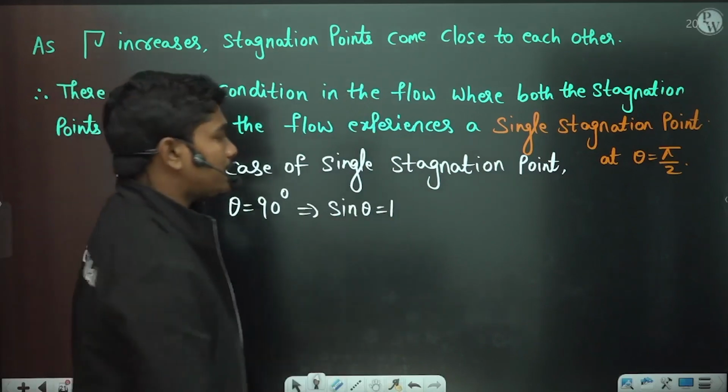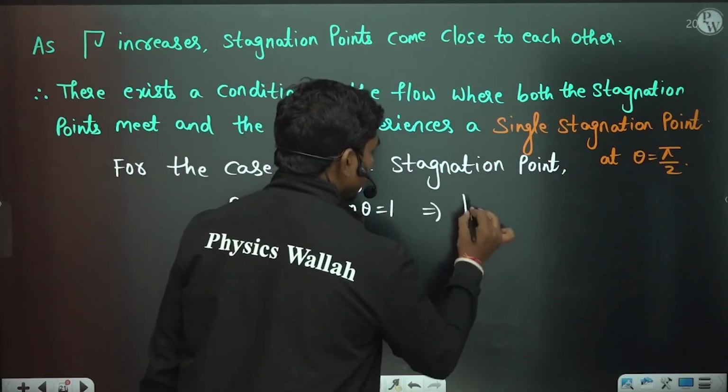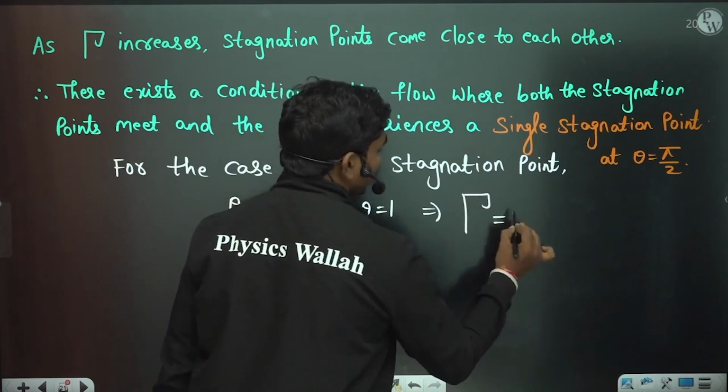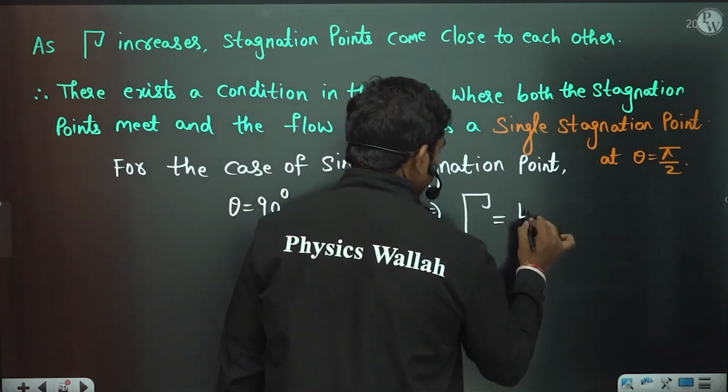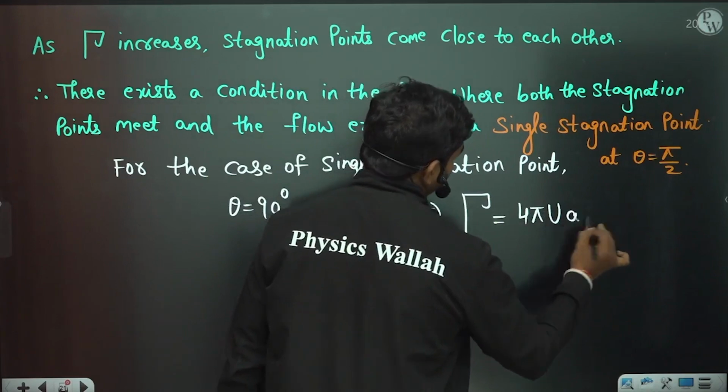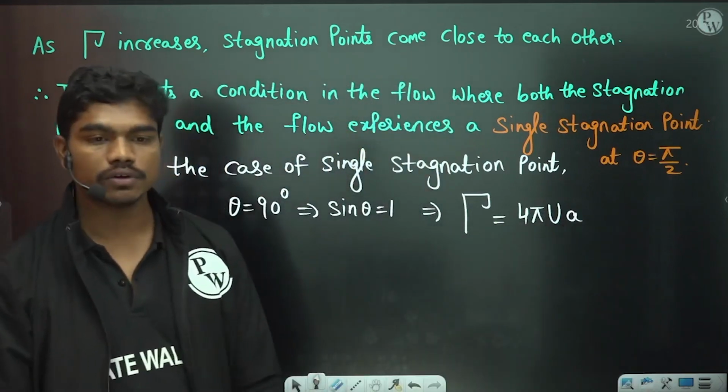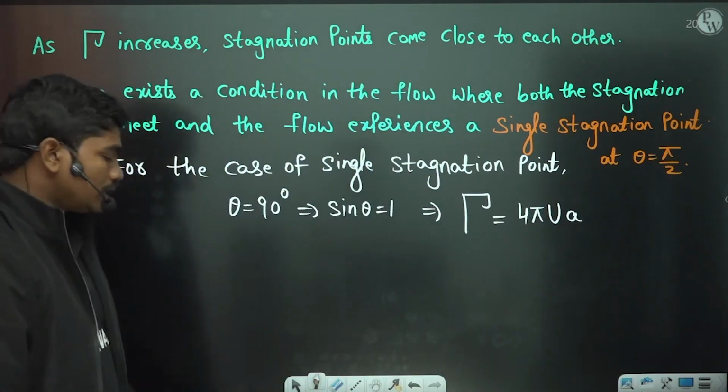So what's the meaning of sin theta equal to 1? Circulation should be equal to 4 pi UA actually here. Okay, so circulation should be equal to 4 pi UA. Now what is circulation? We know